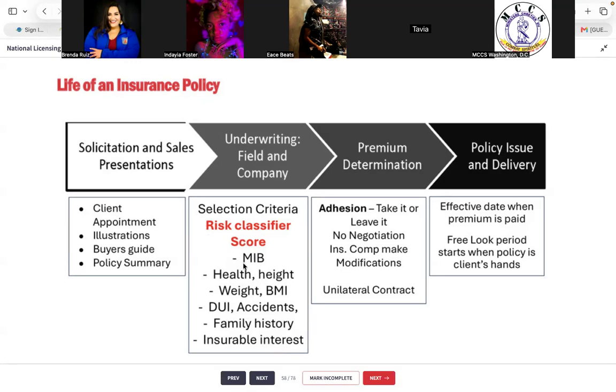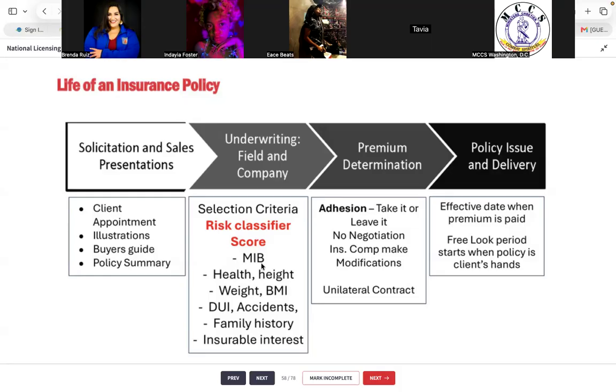So number one, they're looking at the MIB, which is not the Men in Black, it's the Medical Information Bureau. Okay, the Medical Information Bureau, it's literally a bureau of medical information. It's just what it sounds like. And they collect information on any time you've ever been hospitalized. If you've been to a doctor and that doctor has collected your personal information, like your name, date of birth, social, insurance card, all of your information gets reported to the MIB. You're on a medication, they know about it. You've been diagnosed with something, they know about it. Temporary, permanent, whatever it may be, you have a diagnosis, they know.